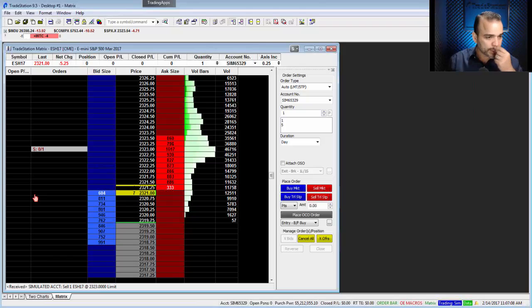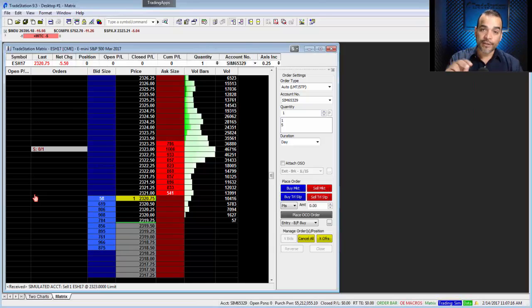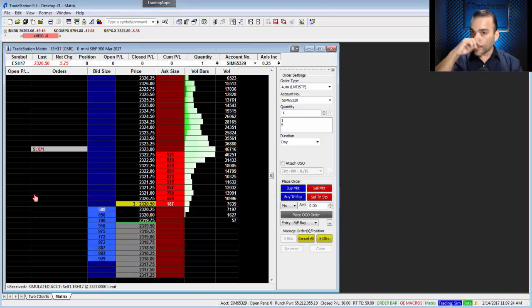All right, let me take a couple of questions here. Peter, can you do stocks on the futures accounts? No, you need separate accounts for that. You need a futures account and you need an equities account. Both of the accounts are going to be connected to your trading platform, so it's very easy for you to switch back and forth between stocks and futures, but you do need a separate account if you want to trade